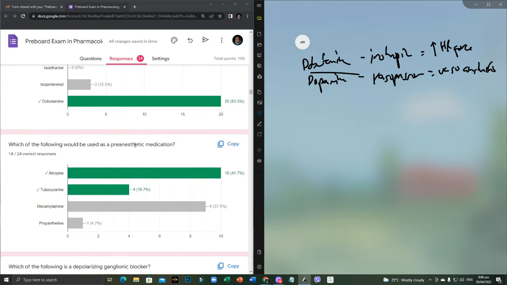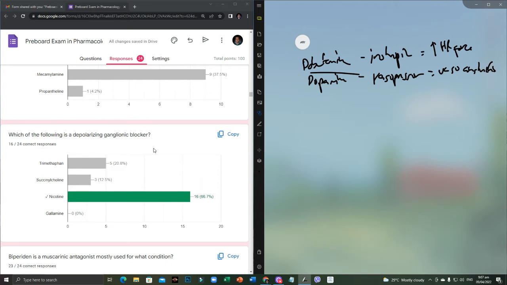Next question, which of the following would be used as a pre-anesthetic medication? So, correct. There are two drugs that can be used here. Tubocurarine, which induces paralysis. Then atropine can also be given because atropine can be used to decrease secretions. By reducing secretions, it's easier to insert tubes, since the airway isn't blocked. A tube in the throat, say for example, to allow the patient to breathe, you put a respirator and so on and so forth. So either of the two can be used. Tubocurarine, again, can be used as a paralyzing agent. Mecamylamine is rarely, never really used as a pre-anesthetic medication.